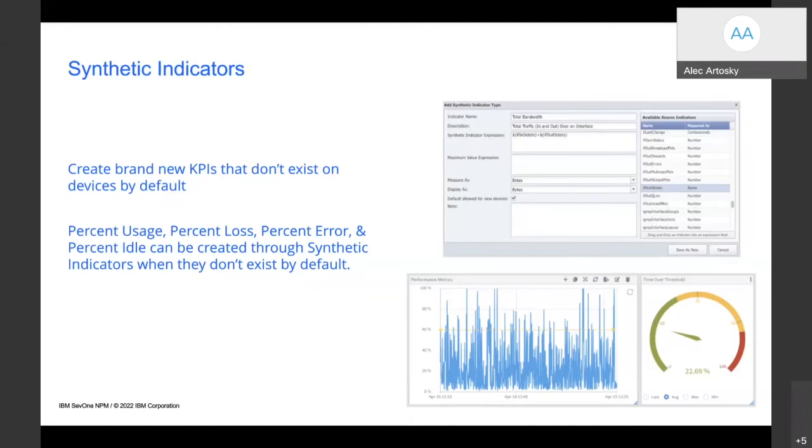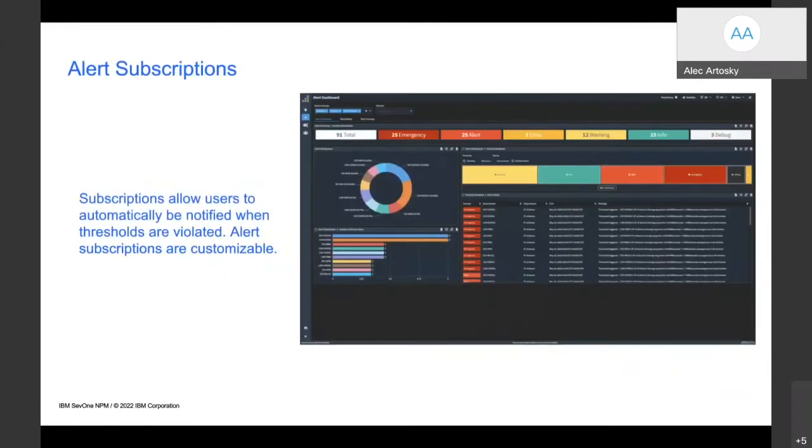Just again, making your data even more intelligent by being able to add or subtract or change that data set to fit what your needs are exactly. And all of this comes back to being notified, the ability to actually have my data. Collecting data is great, but if I'm not notified of issues or being able to understand what's wrong with them, then it's just simply data. And being able to be subscribed to alerts in SevOne is a huge benefit.